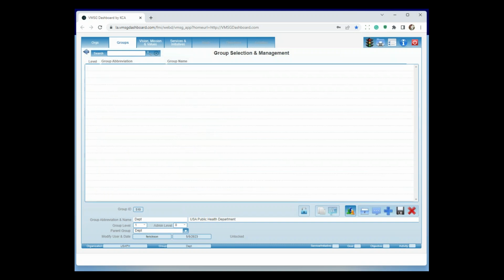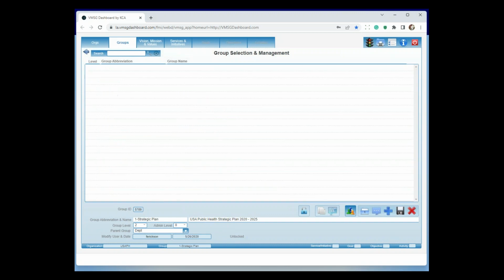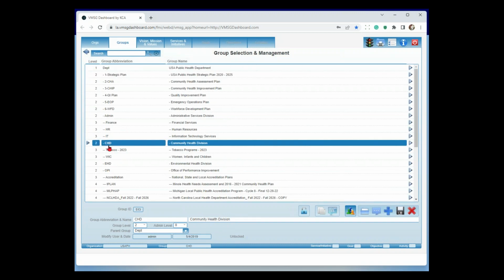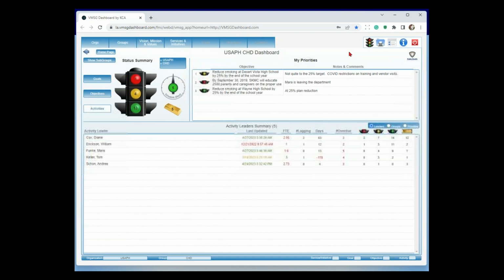I can look at just my strategic plan. How is the strategic plan performing? Let's assume for a second here that I'm the community health director. And under community health, I have tobacco and WIC. And I come in the morning and I just want to know, hey, how's community health performing today? I just go up to the top right up here and click on this traffic light. What it's going to do is it takes about 10 or 12 seconds to go gather up all the data elements that it's needed to give you the snapshot of performance of community health.